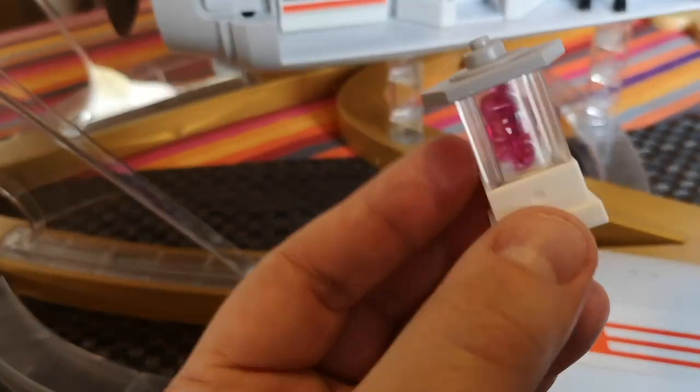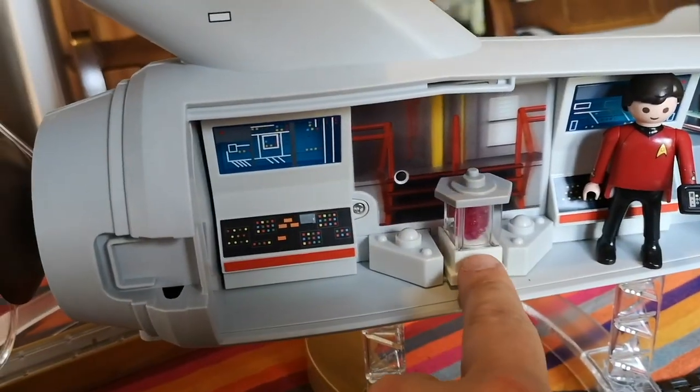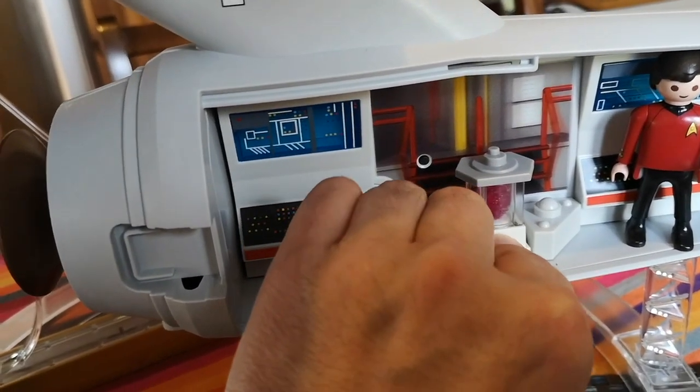Basically, you take the dilithium crystal chamber and you put it on its slot, and